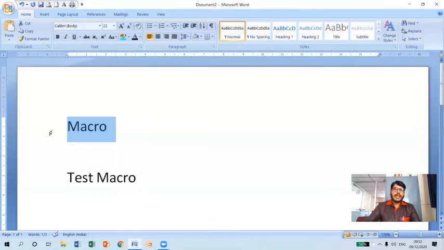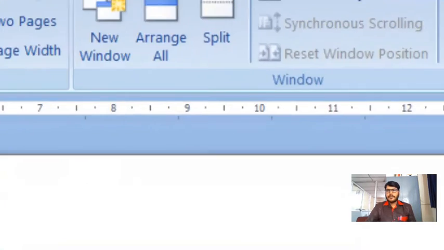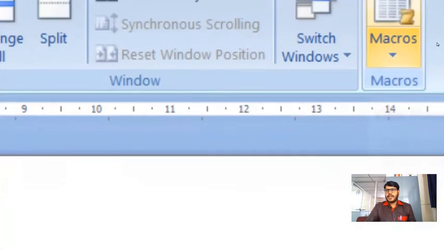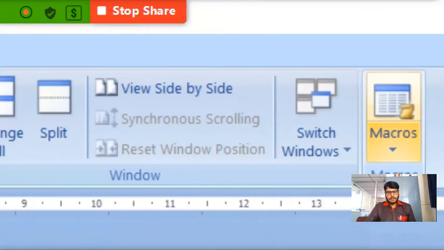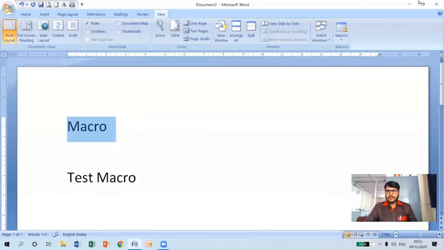Let me show you how we can record a macro. First, we need to select the text. We need to click on the view tab, and as you can see here, we have a macros option.